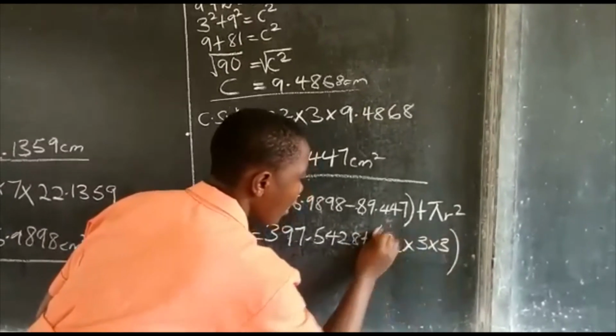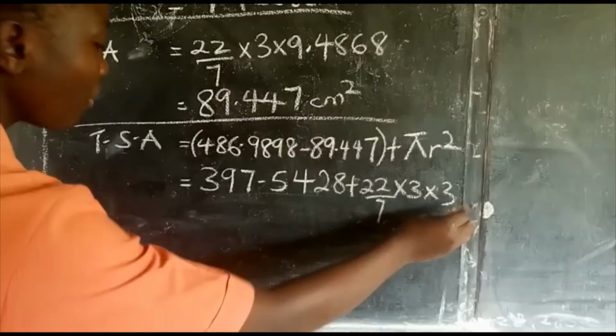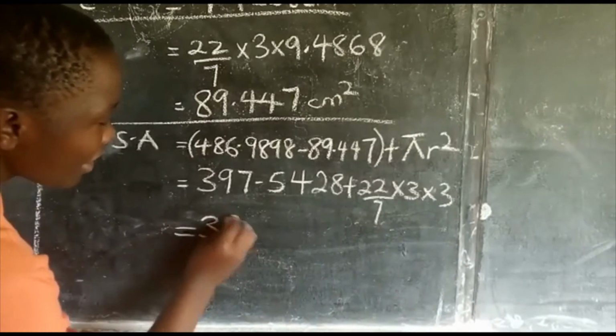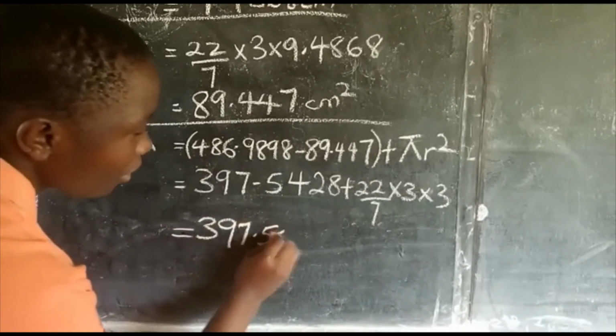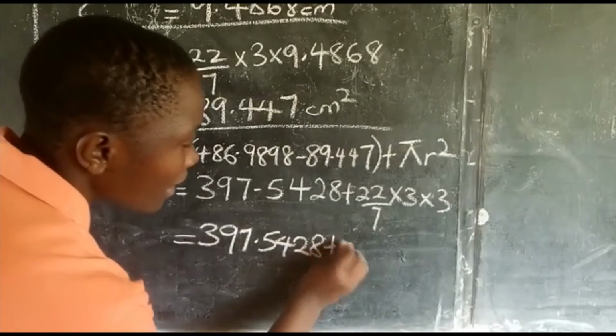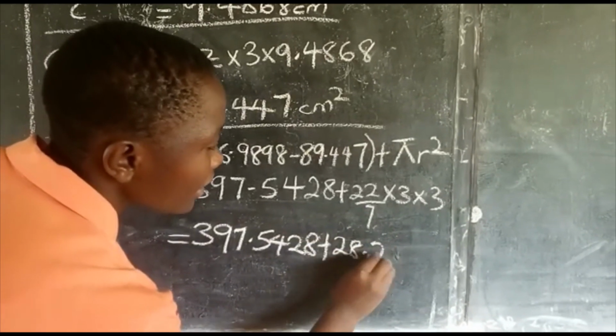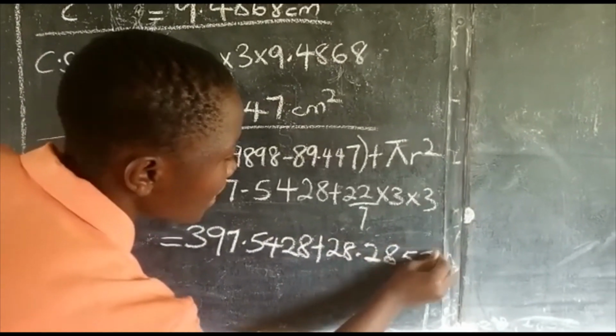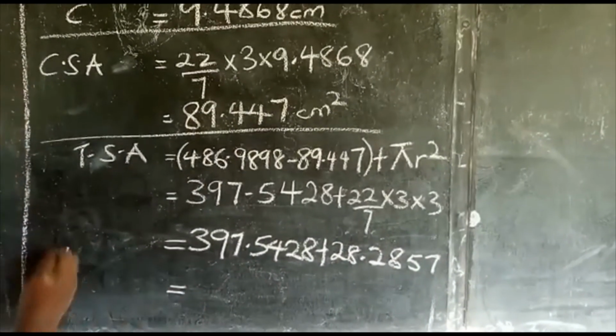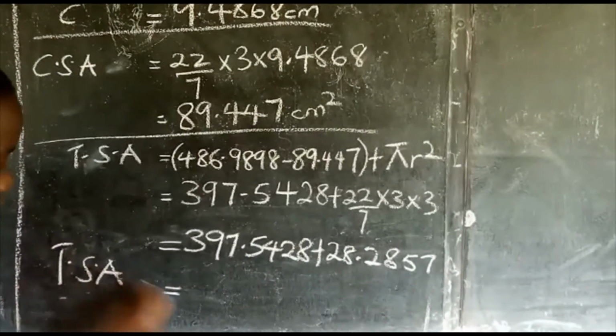This is the area of our small circle, which will be 28.2857. So we have 397.5428 plus 28.2857, and our total surface area for the lampshade will be